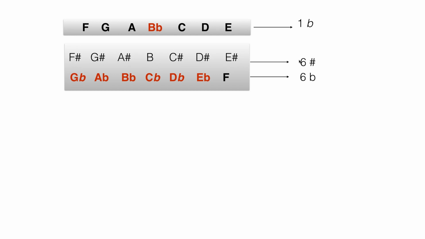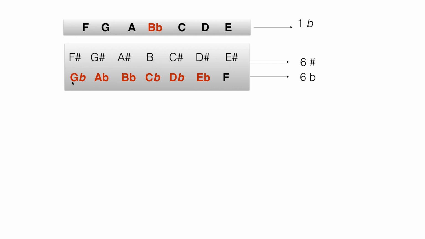We have 6 sharps in the F sharp major scale, which is the same sound as the G flat major scale, when we have 6 flats. So F sharp is the same note as G flat. G sharp is the same as A flat. A sharp is the same as B flat. B is the same as